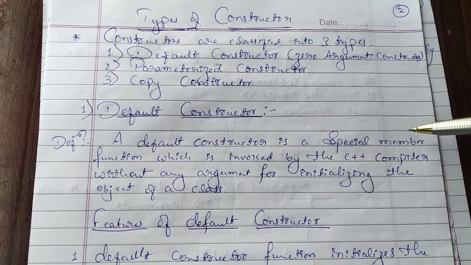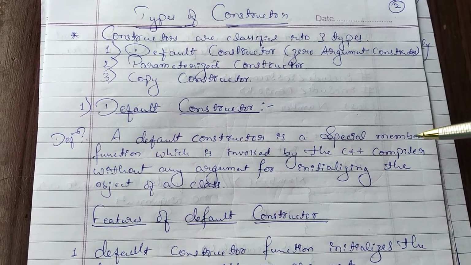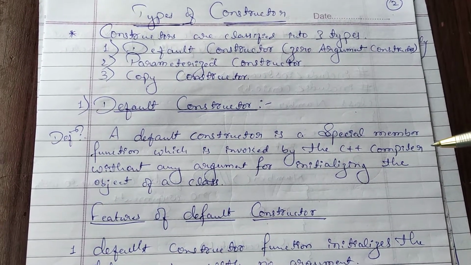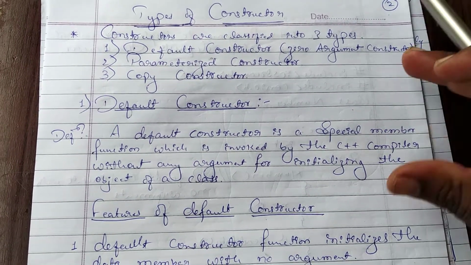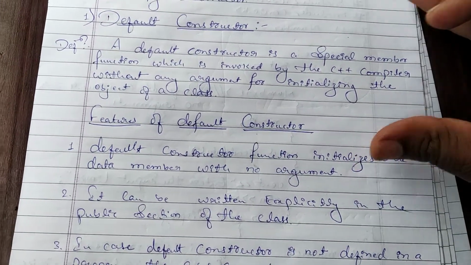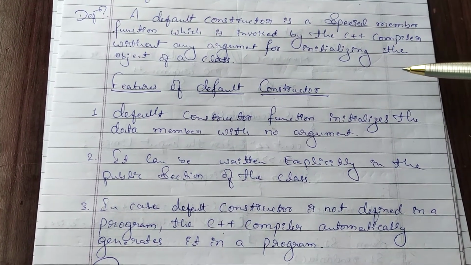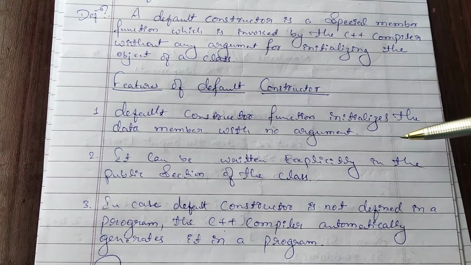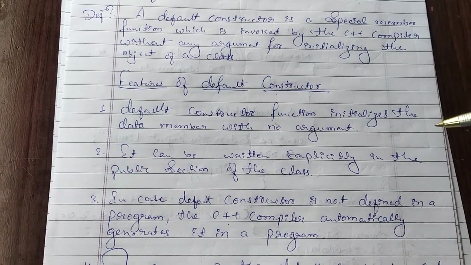A default constructor is a special member function which is invoked by the C++ compiler without any argument for initializing the object of a class. So this we call the definition of default constructors. The features of default constructors are: one, the default constructor function initializes the data members with no arguments. So here in default constructors